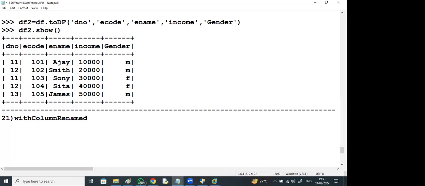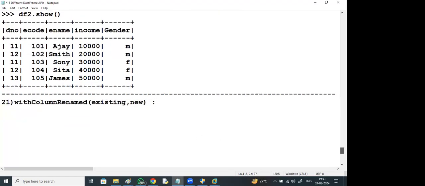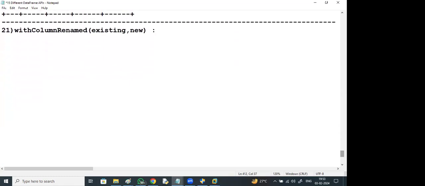With withColumnRenamed, what is the existing column and what is the new column, right? Renaming a particular column.